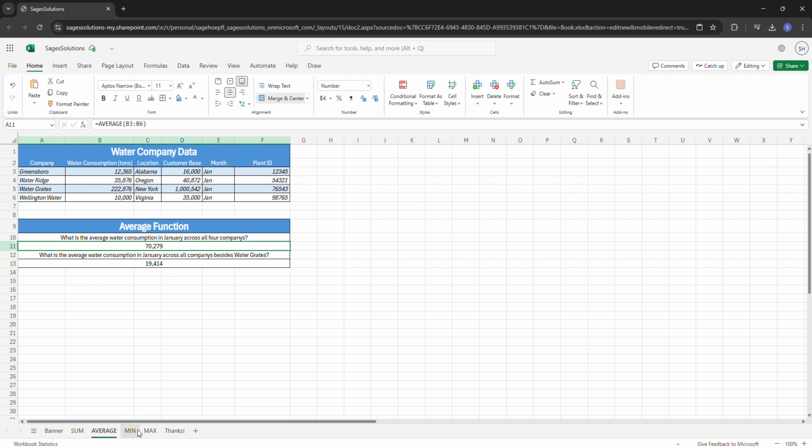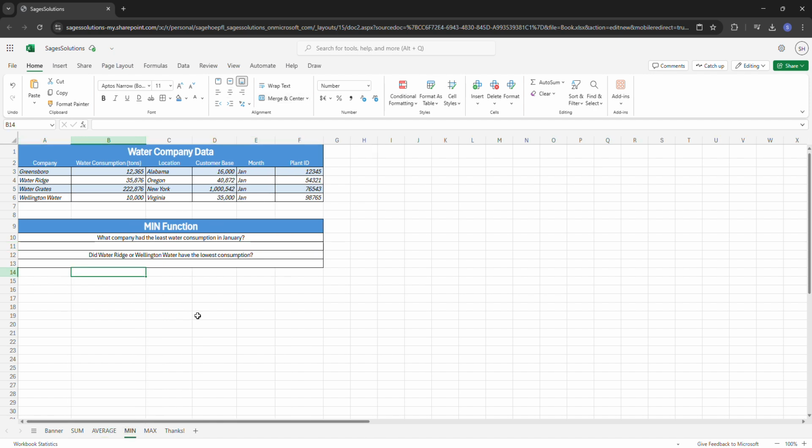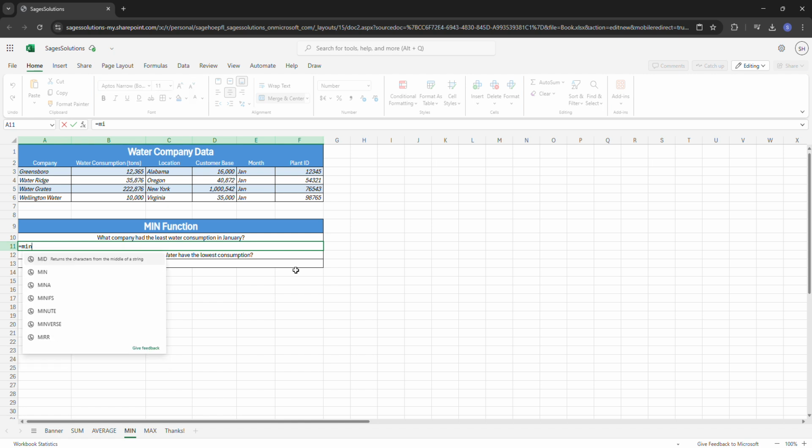Alright, so now we're going to go on to the min. And the min is just the lowest number of the data that they want here, okay? So our question is, what company had the least water consumption in January? Since they're all in January, we don't have to worry about that. So it's going to be very similar again to the previous functions. It's equal sign, min this time,